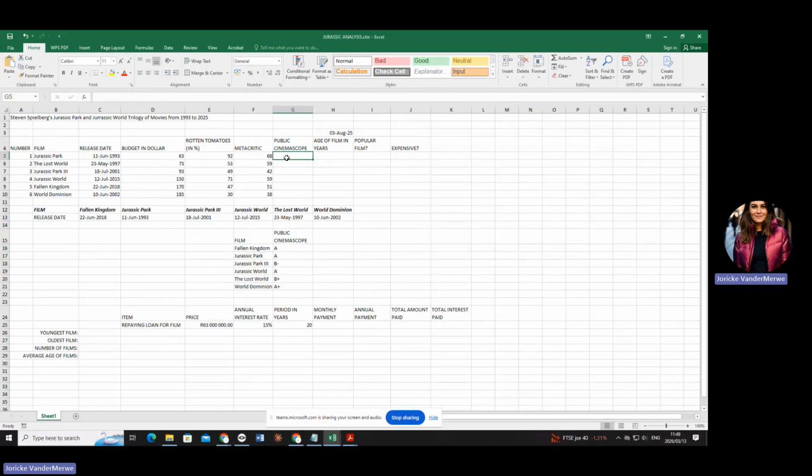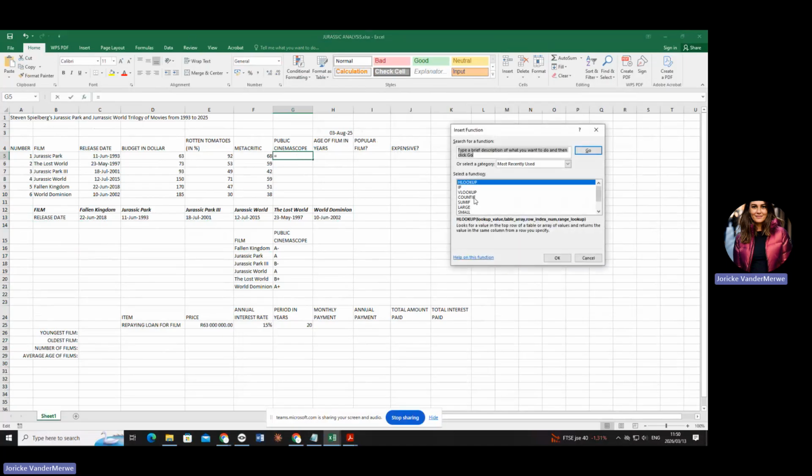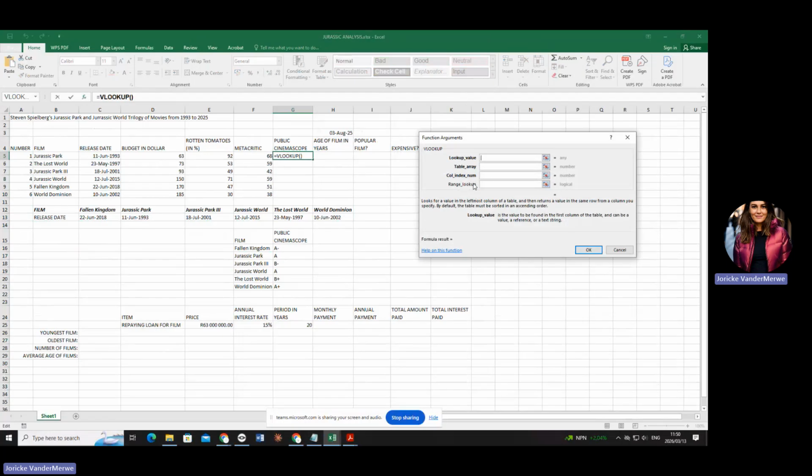So it's going to get a public cinema score. In other words, it's going to get an A negative or an A or a B or whatever according to the name of the film. So let's quickly do that. I'm going to go to my FX. I'm going to say I want to do a VLOOKUP. The value is my film name again.